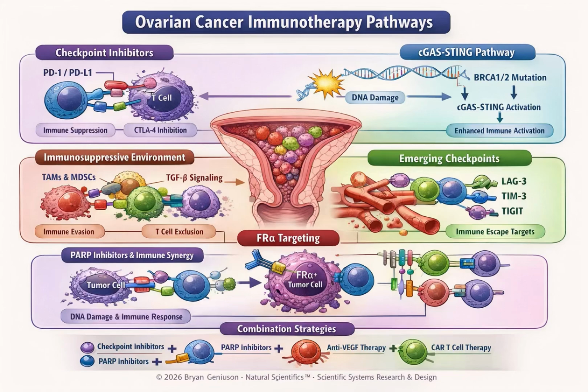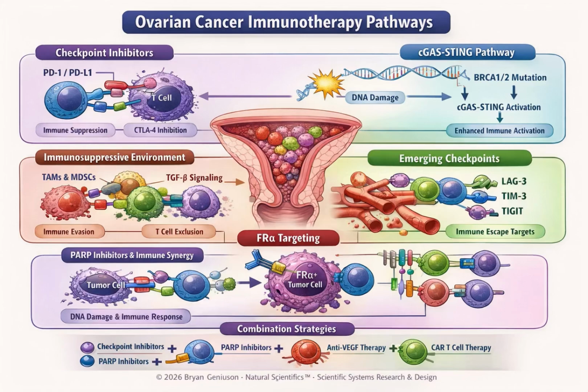Another promising therapeutic approach involves targeting tumor-specific surface antigens. In ovarian cancer, one important example is folate receptor alpha, commonly abbreviated FR-alpha. FR-alpha is frequently overexpressed on ovarian tumor cells and has become a target for antibody-drug conjugates and other precision oncology approaches. Targeting this receptor allows therapies to selectively deliver cytotoxic agents to tumor cells while minimizing damage to surrounding healthy